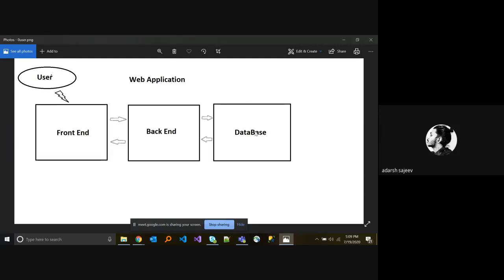So where Angular comes into the picture is, for that purpose we have to compare the conventional flow of an application and how this is different in client side rendering. So